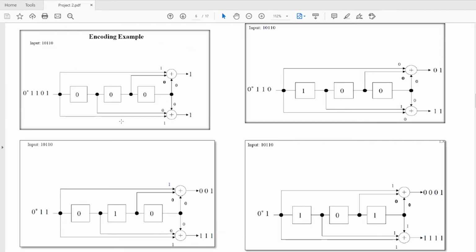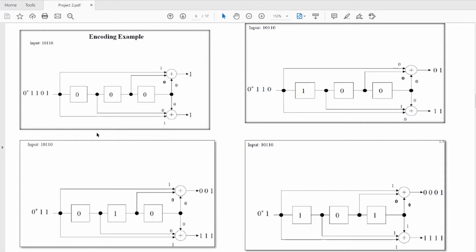Let's take a few examples. So here my input is 10110. We are going to encode this input signal 10110, so we write it here.